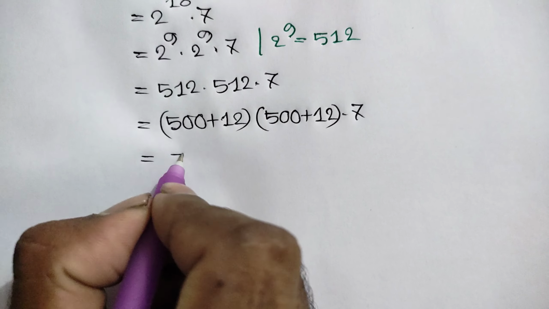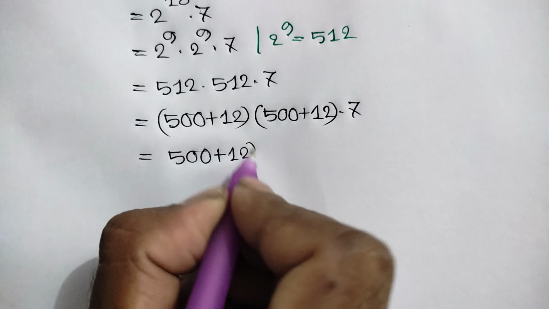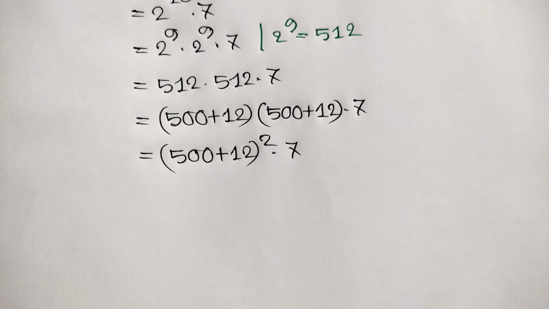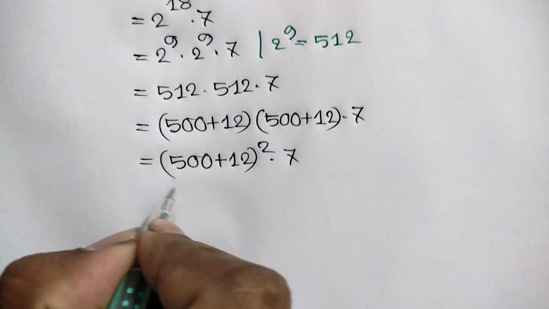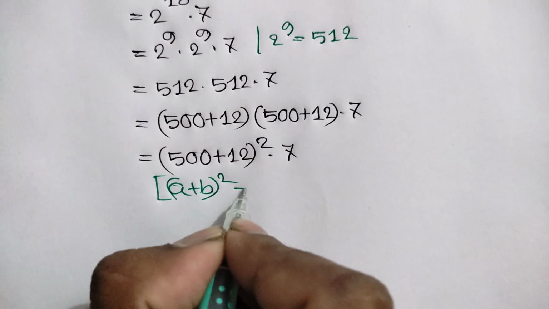Here we know an algebraic formula: a plus b whole squared is equal to a squared plus twice ab